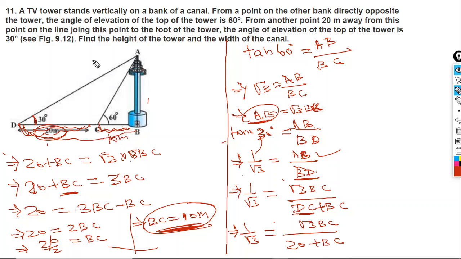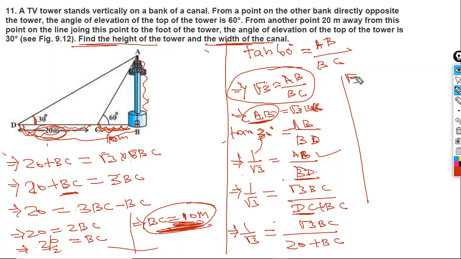Now what we have to find? Find the height of the tower and the width of the canal. So we have found the width of the canal is 10. We have to find AB. Now you have a statement. In this statement, we can place the value of BC. We know that BC equal to 10. So let's write